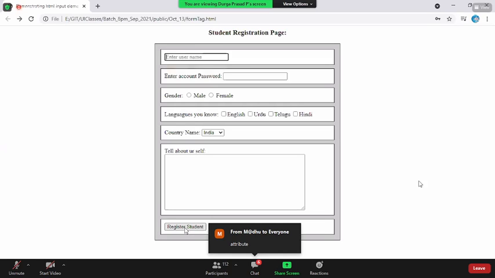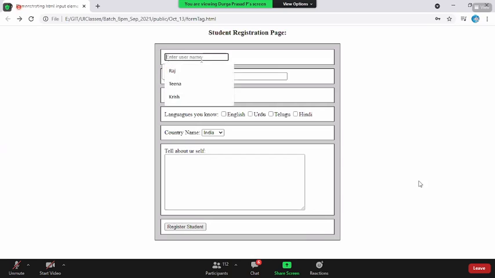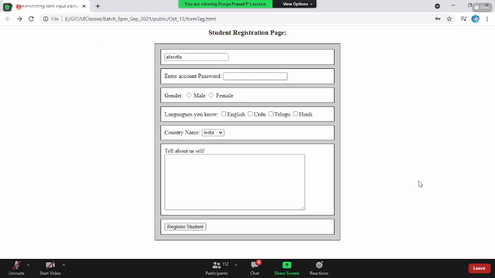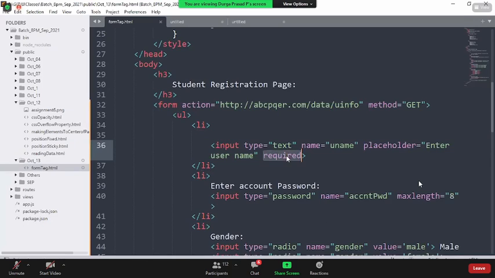Okay, see here, whenever I'm clicking on this. But now if I give something in uname and I'm not filling the remaining, still it will be going. Uname is taken, but remaining all are empty. So if you simply add the required attribute to every input element, the form tag doesn't go to the next step until and unless you fill the data. Am I clear, Prashant? Next.